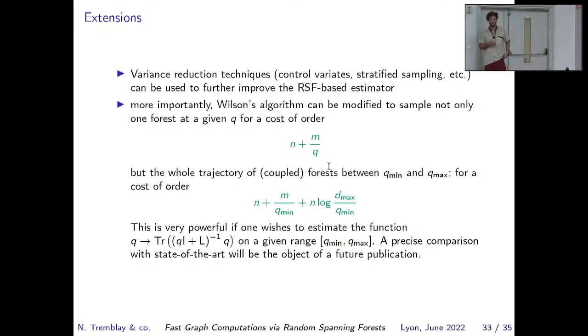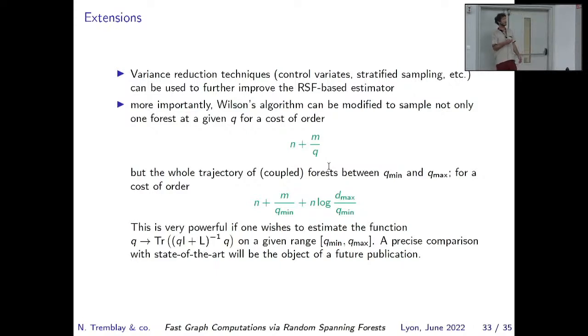More importantly, this algorithm that I called Modified Wilson that samples random spanning forests can be modified to actually sample a trajectory of random forests between some scalar q min and a scalar q max. So instead of giving yourself one value of q and sampling the random forest associated to q, you give yourself an interval, q min, q max, and you want to sample a trajectory of random forests throughout the whole